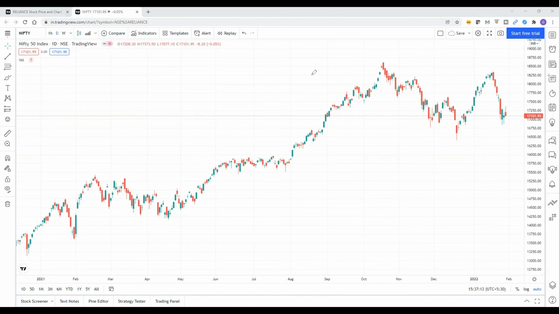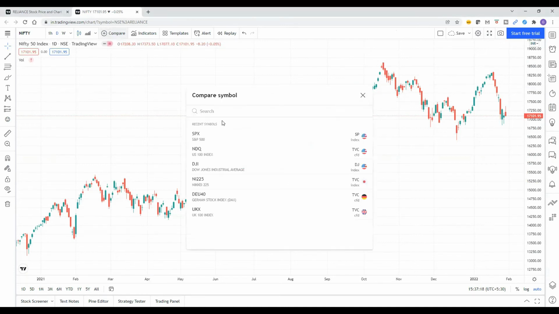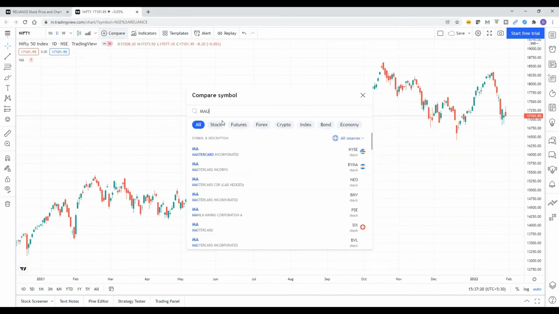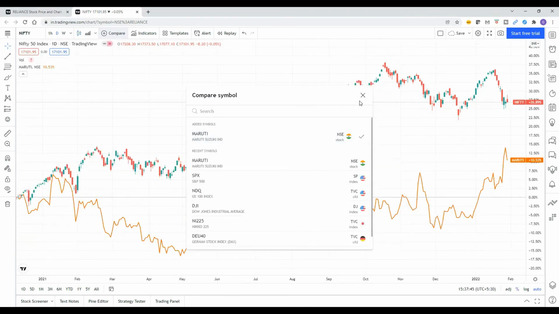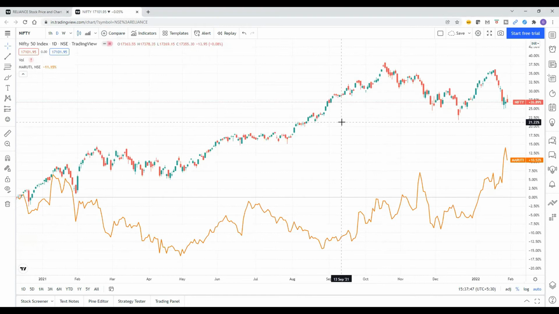When you choose and compare, then I will show you. I want to choose compare with Maruti, right? So Maruti, same percentile scale is there. When I choose it, the values get converted in terms of percentile, not in absolute numbers. Let's say percentile. I click on the percentile. Now, you see how does it appear?